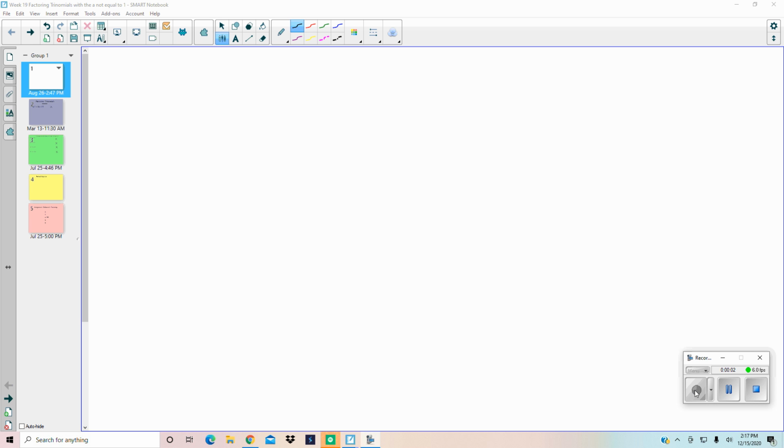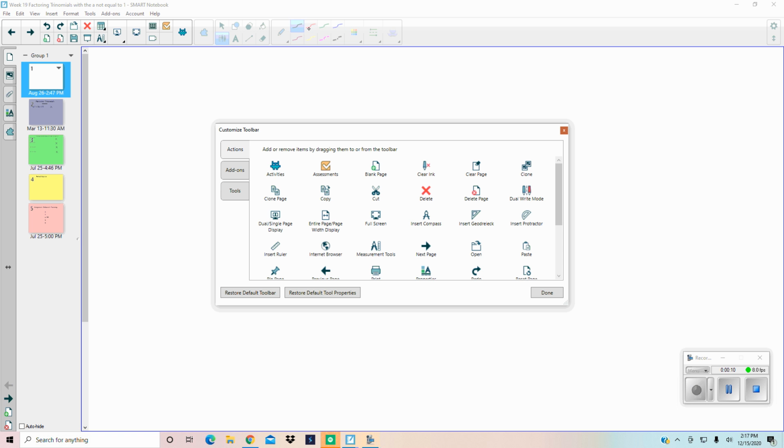All right, we're going to do some more factoring trinomials, and the trinomials are going to have a coefficient in front of the squared term